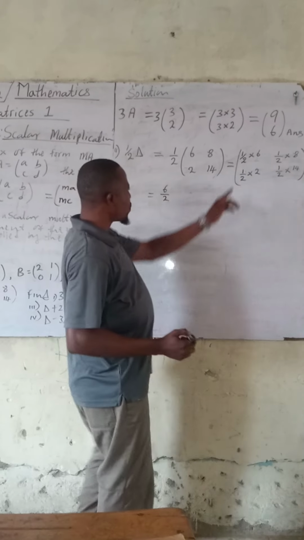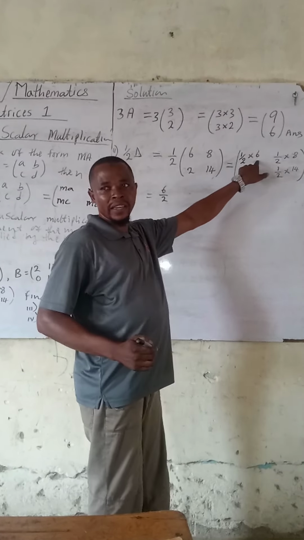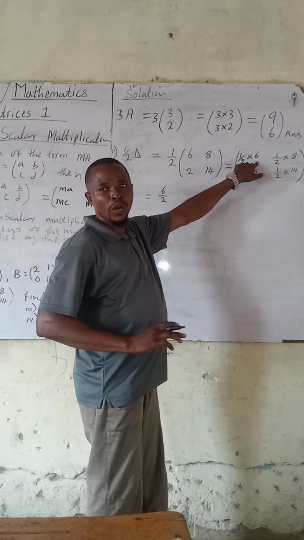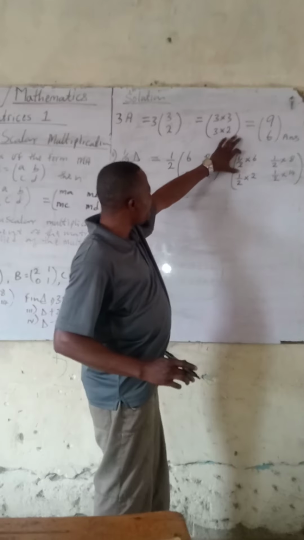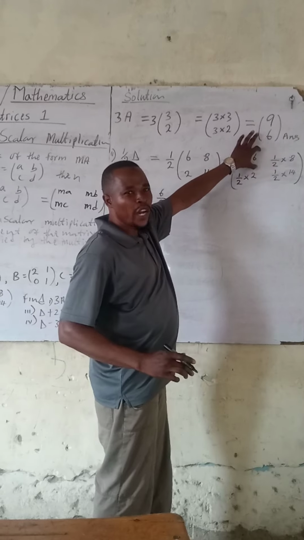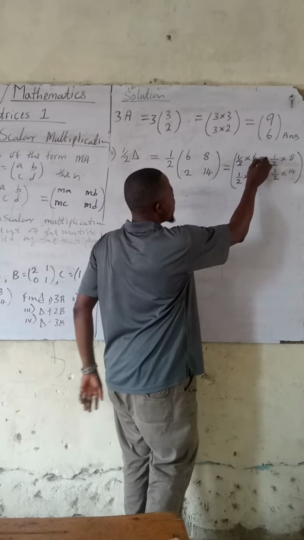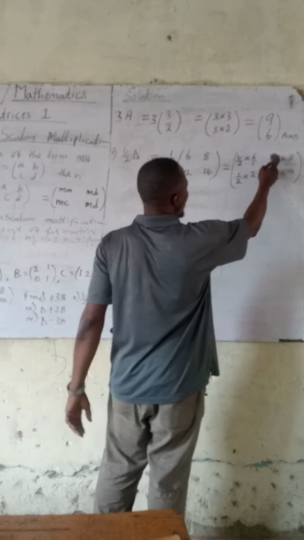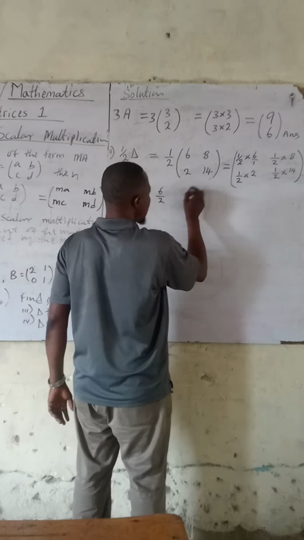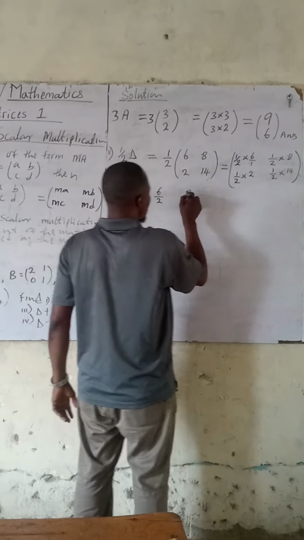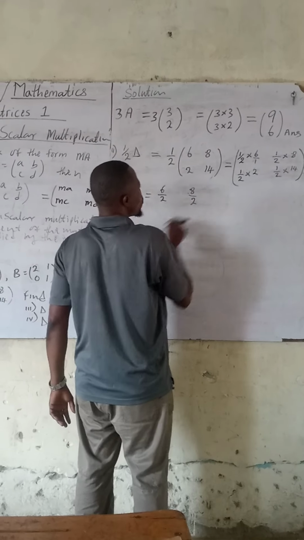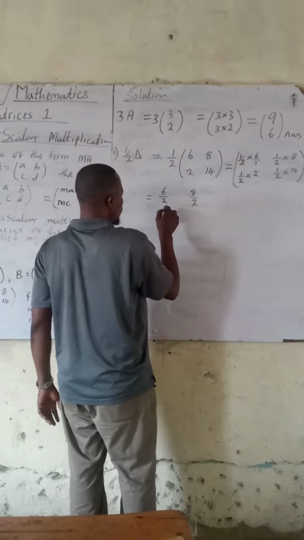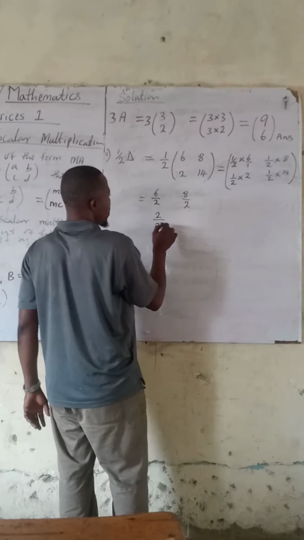Are we together? There is what we call an invisible one here. It's hidden. So you need to understand that when you are multiplying a fraction by a whole number, there is an invisible one here. Okay? So now, 1 times 8 will give us 8. 2 times 1 will give us what? 2. So 1 times 2 will give us 2/2,